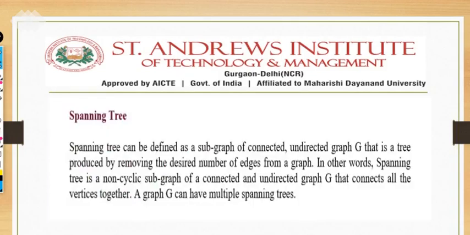So let's start with the spanning tree definition. What do you mean by spanning tree actually? A spanning tree can be defined as a subgraph. We have already studied graph and subgraph theory. If we have a graph which consists of four vertices, I'm just redrawing this graph here. If A is a node here, A, B, C and D, this is a graph here.